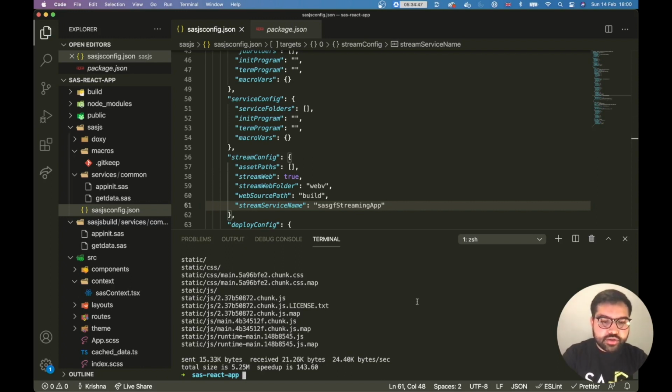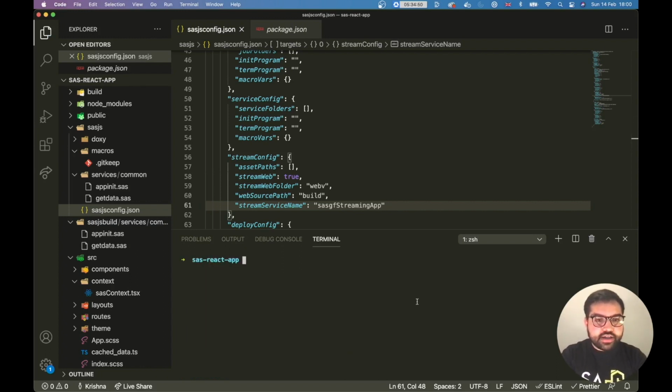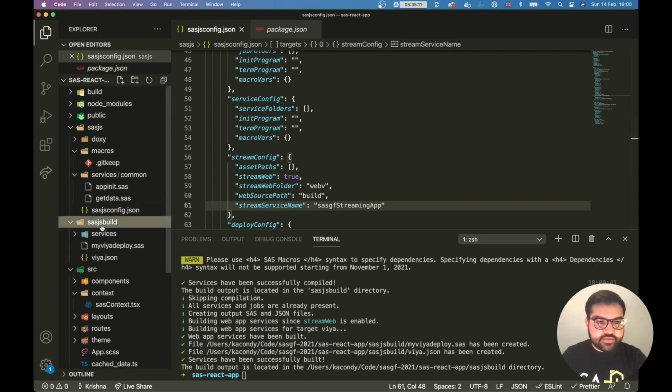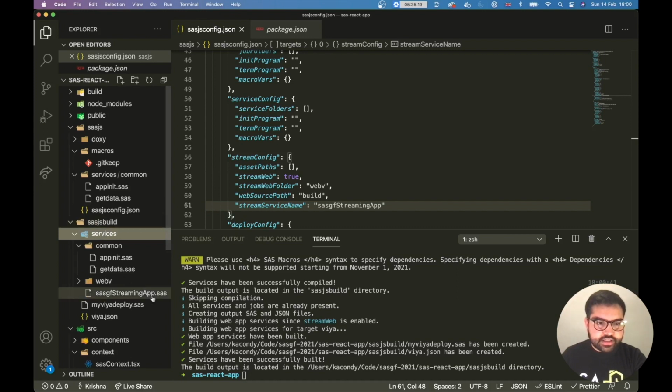What this is going to do is that when I compile and build my project again, it'll create a set of additional services. I'll quickly demonstrate this by running compile build again. Now if I navigate to the SaaS.js build folder, there's an additional folder here called webv, and there's a SaaS file with the name of the SaaS streaming service that we've configured here.